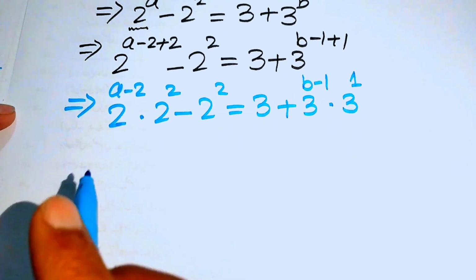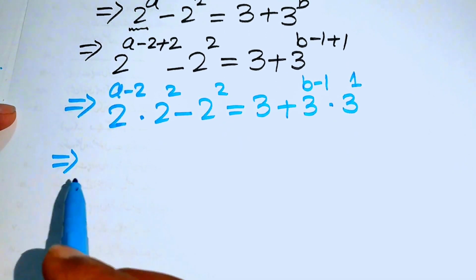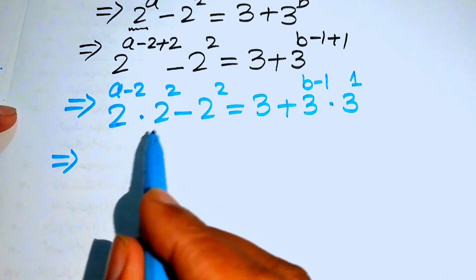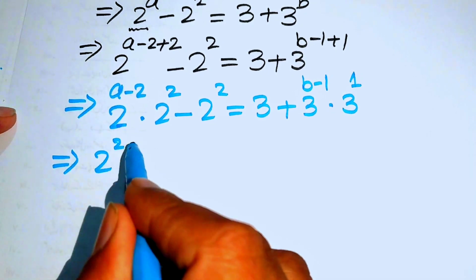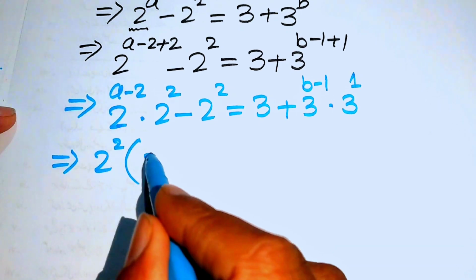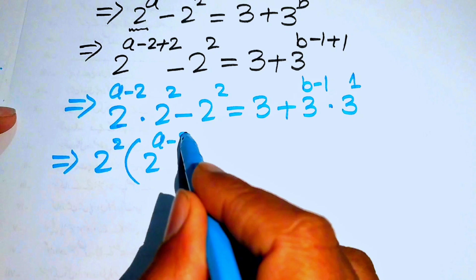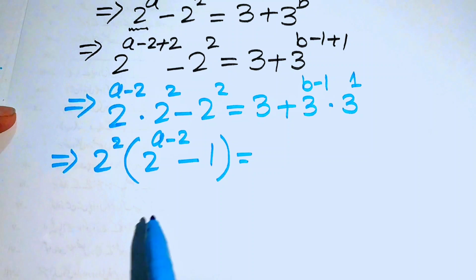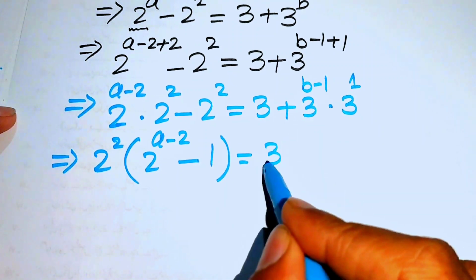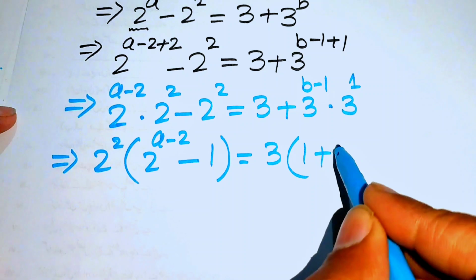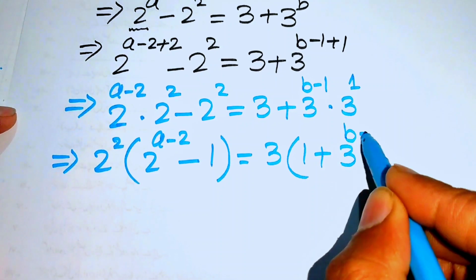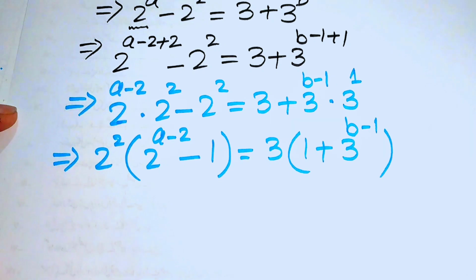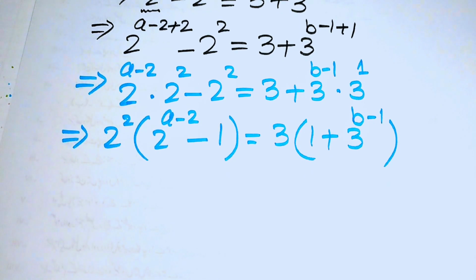Now focus on the left hand side, and we see that 2 square is the common expression, so we take 2 square common and we get 2 to the power of a minus 2 minus 1, and it is equal to, here we take 3 common and we get 1 plus 3 to the power of b minus 1. So now in the next step